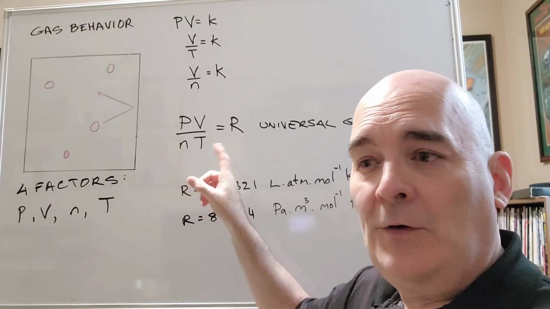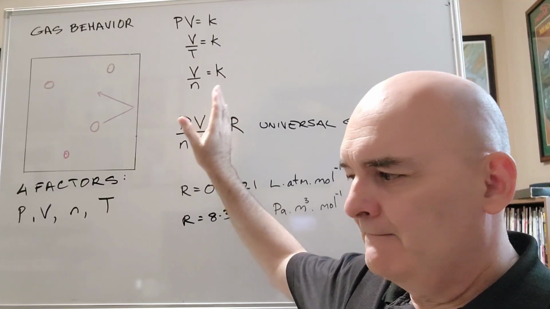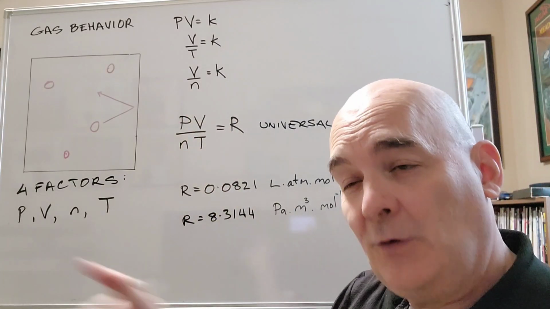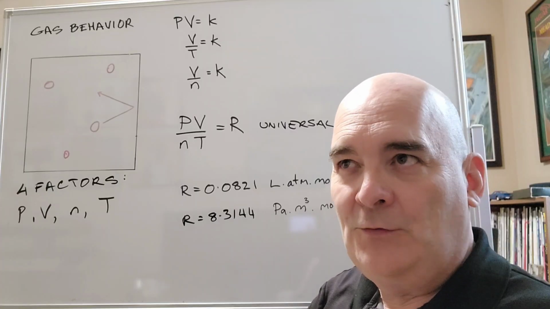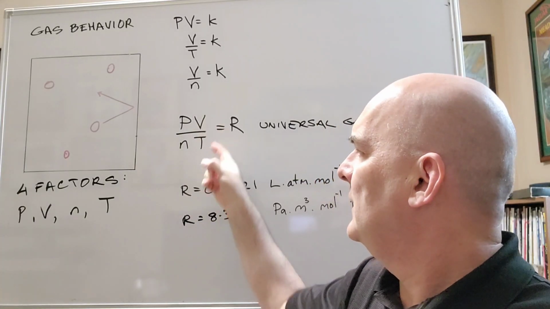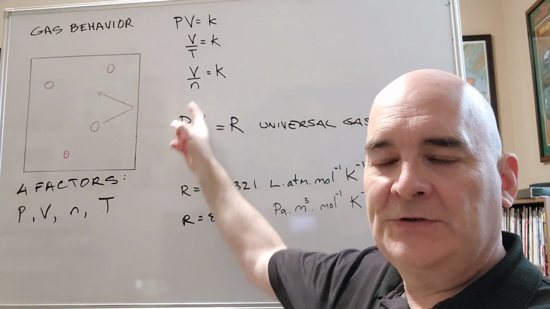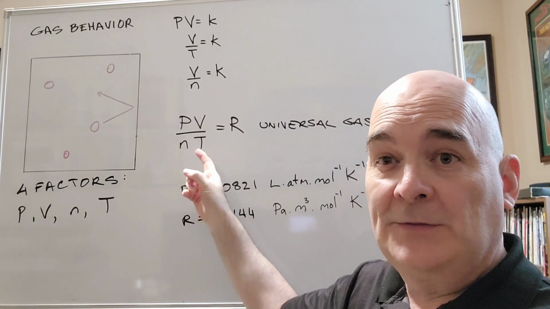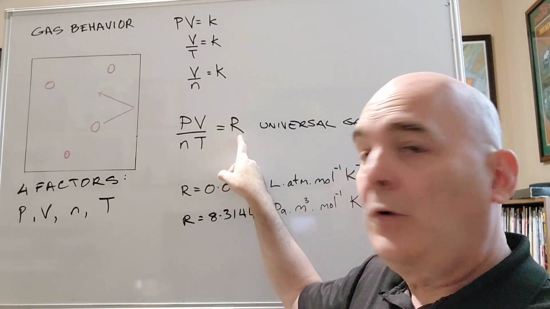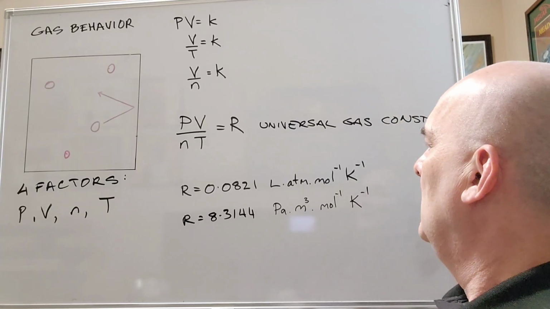This is most often, at the high school and undergraduate level, rewritten as PV equals nRT, because it's all on one line. And reading things that are all on one line is inherently easier than reading things that are a fraction. But this is what PV equals nRT is all about, that these 4 factors are all controlled by this constant. Now, the universal gas constant, R,